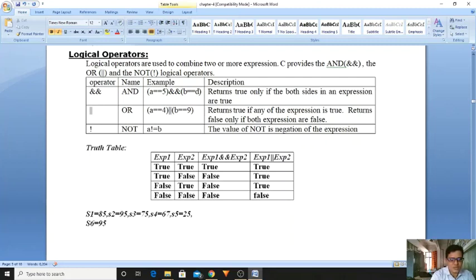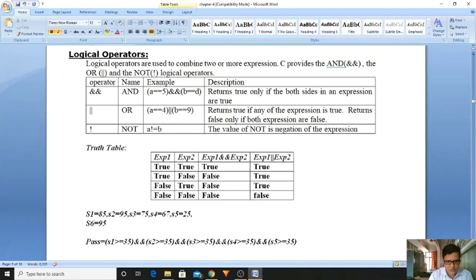To test this condition, I am writing the equation like this: pass equal to, for understanding purpose only, S1 greater than or equal to 35, logical AND, S2 greater than or equal to 35, logical AND, S3 greater than or equal to 35, logical AND, S4 greater than or equal to 35, logical AND, S5 greater than or equal to 35.